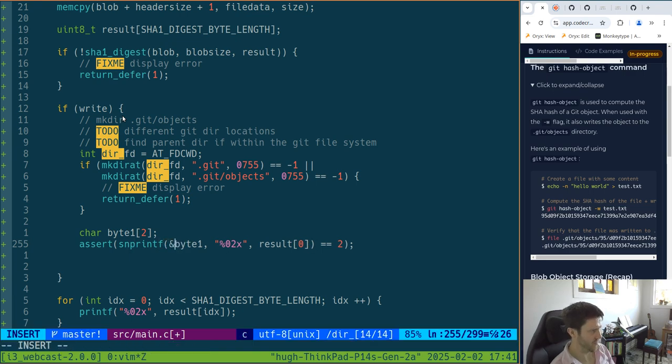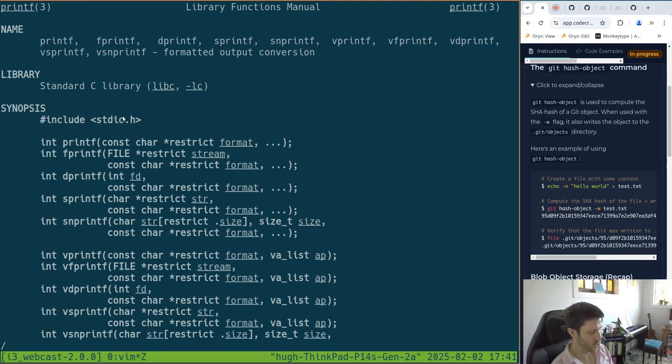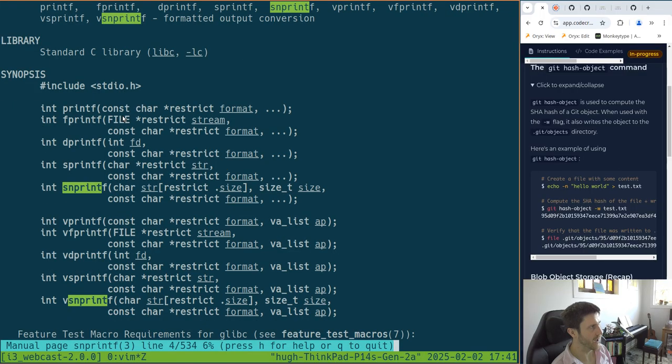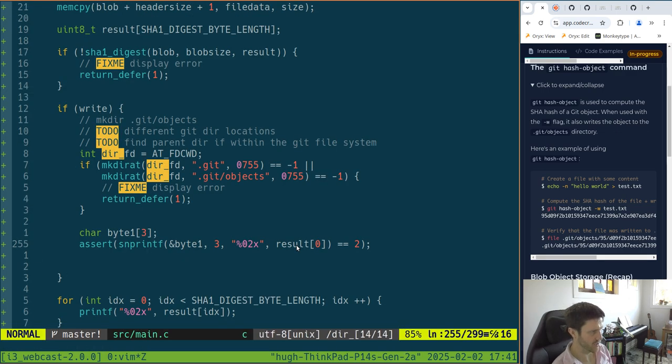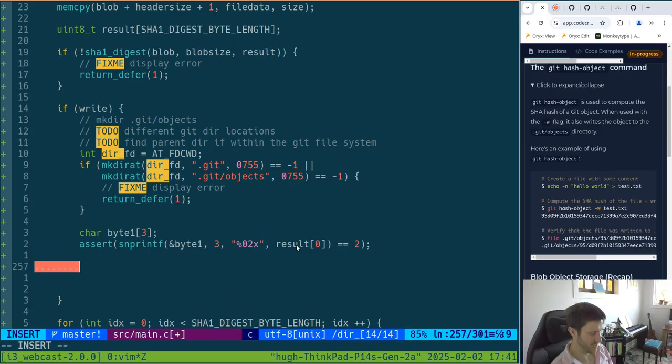This needs to be a pointer to, I assume, and the n is going to be 2, though. snprintf. Right, at most, including the null terminating byte. So this is going to be the 3. So perfect. And the number of things written will only be 2. So I think this is good. Right. So this is the first one, and the